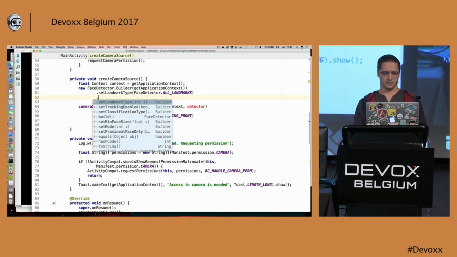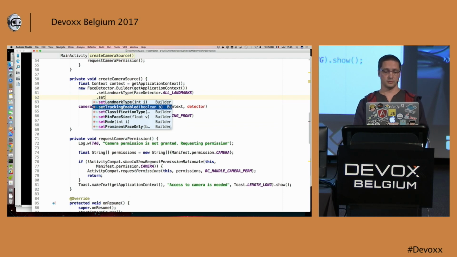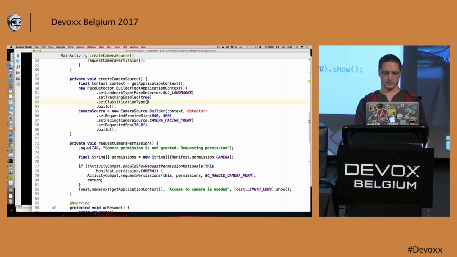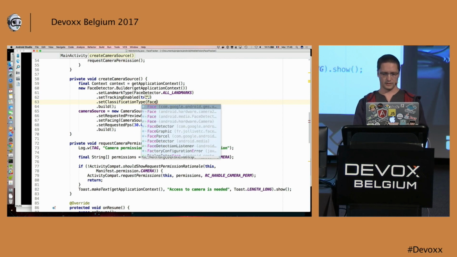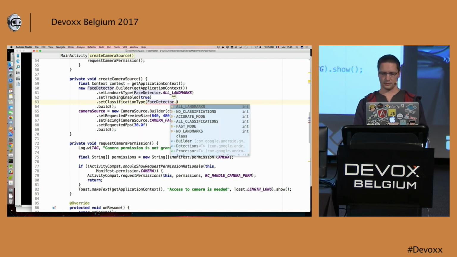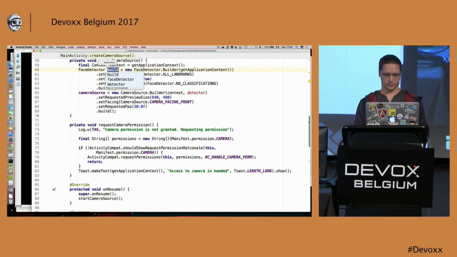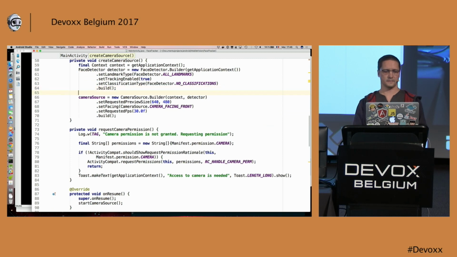Set landmarks. I want to do the tracking this time because it will be real video, and I don't want the classification. Face detector dot no classification. Okay. So just create the detector variable like this.